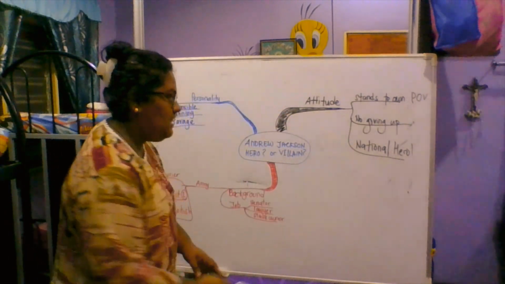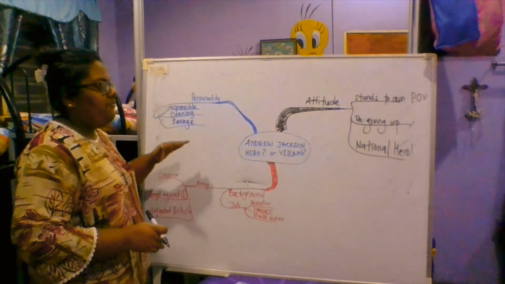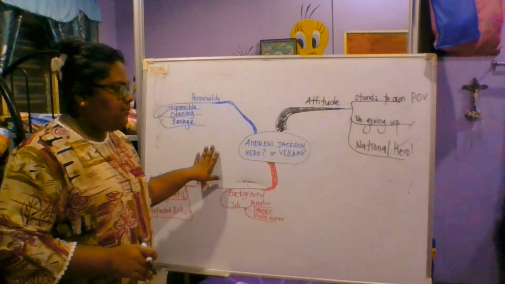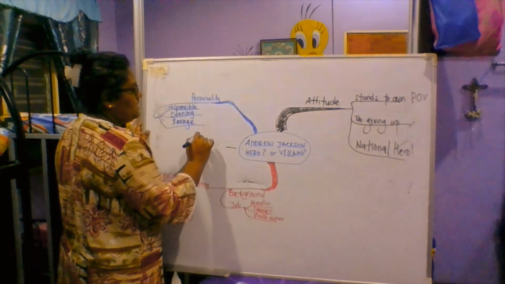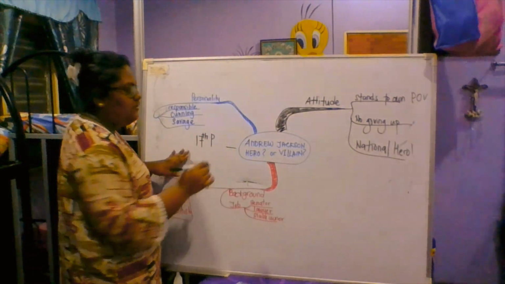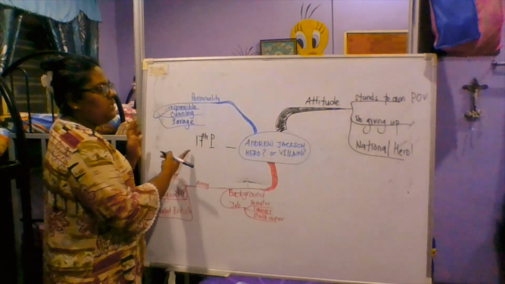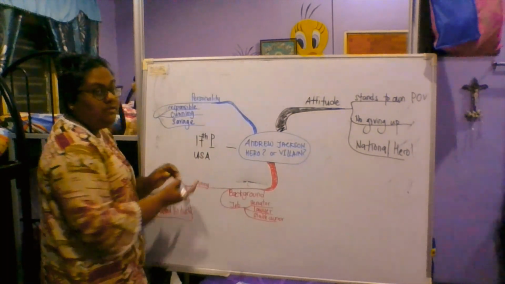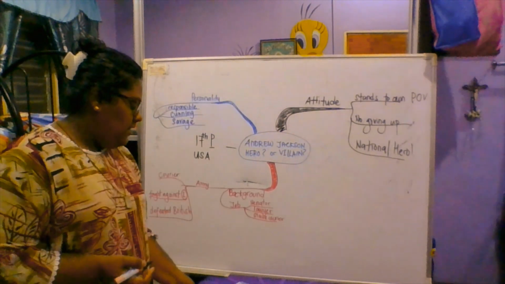So he is the 17th. Please copy this down. If it is not clear, I will take a picture of this and attach it in the video. Andrew Jackson was the 17th president. I'm just going to write P for president. Please understand, he is president, the 17th president of the USA, the United States of America. So what did he do?